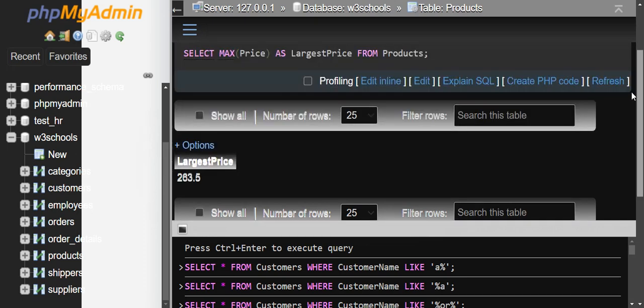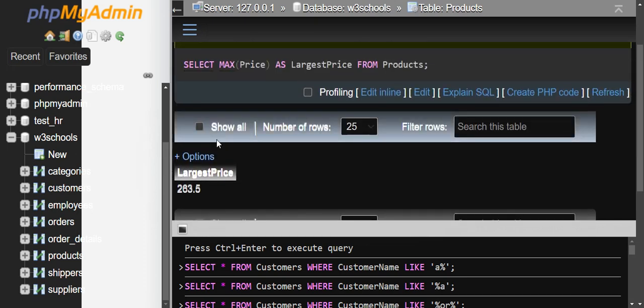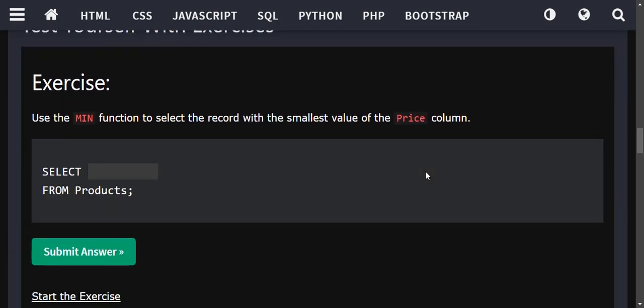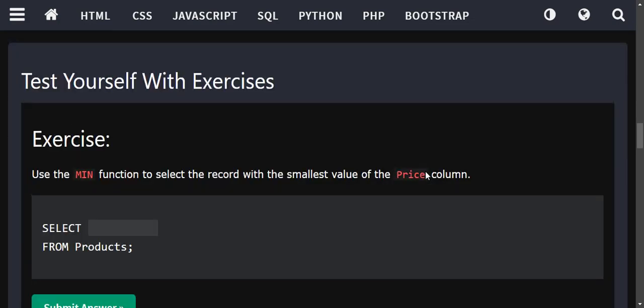And there you have it. So the largest price in our current existing records is 263.5. So that's how simple it is. Min and max. It's that simple. And we proceed with the other